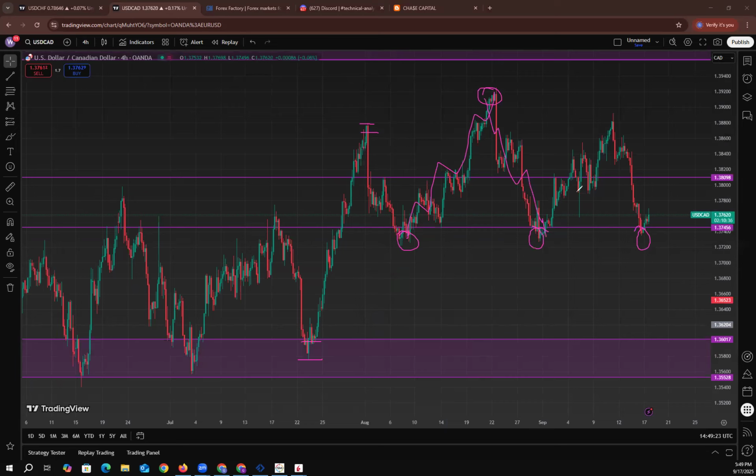Now price pushes till these highs here. We have this high here and this high here. Then price pushes to the downside all the way till this level here. Okay, so I'll be waiting to see if price breaks below. If you have a weaker dollar, then chances are high price will break below. And if it breaks below, the next area of interest is price coming all the way to these levels of 1.36 thousand. Okay, 1.36 thousand will be my key level of interest